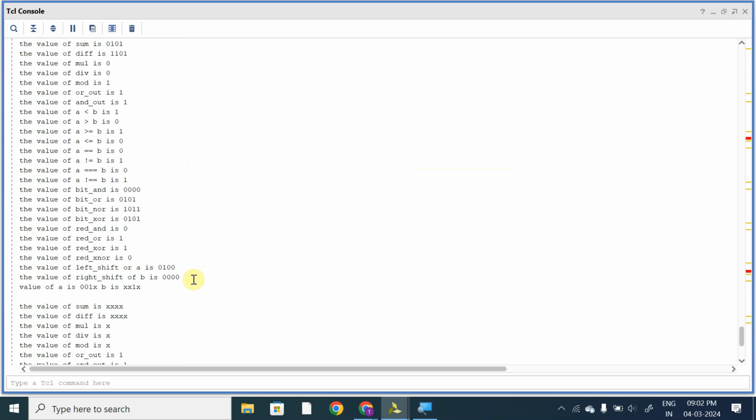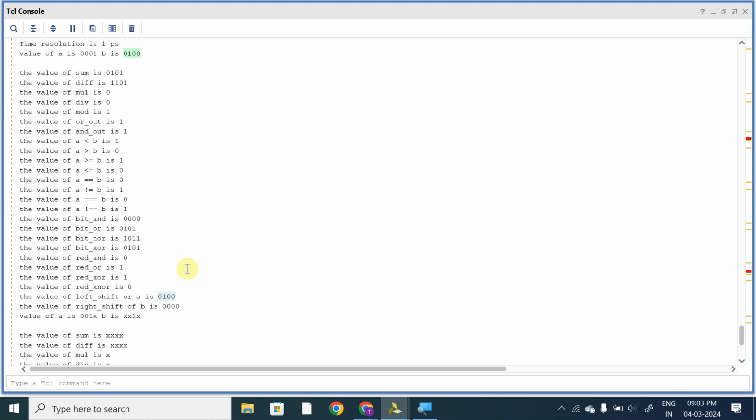So left shift of 0001 is 0100. I hope the left shift operation is clear, right? I'm not explaining it in detail; we will discuss it in digital. So the left shift of 0001 is 0100, and the right shift of 0100 by 2 bits is 0001. We are getting 000. So this will be right shifted, so one will be